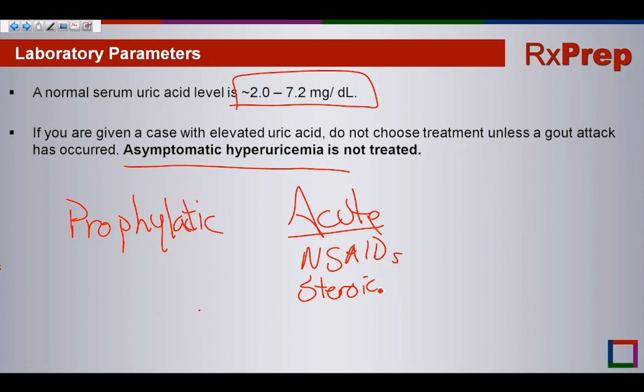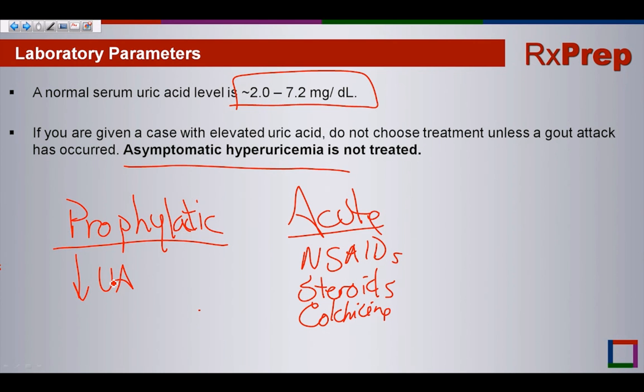NSAIDs might just not be strong enough agents. There's a drug called colchicine that we're going to use, and that is used for acute attacks as well. Now, the prophylactic agents are the agents that lower uric acid. But the situation here is that the prophylactic agents are so potent that they can lower uric acid so fast that it can disrupt the equilibrium in the joint and cause precipitation of an acute attack by lowering the